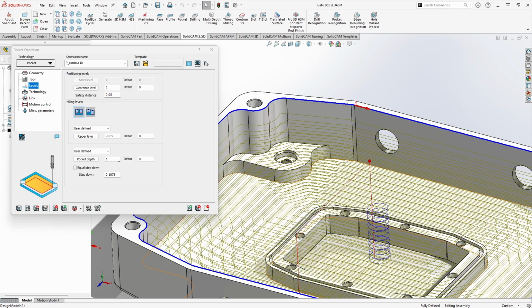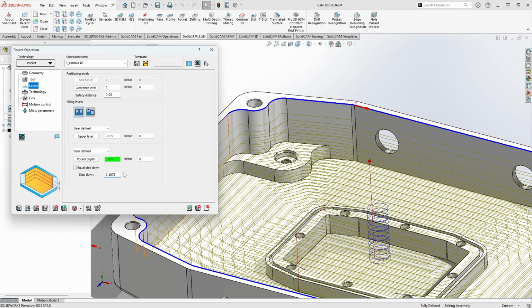However, we do have the option of dynamically linking it manually. So if we simply click in this box, and then click on a surface or feature we'd like to reference, like the top of this feature, we'll see that we've now automatically populated the height of that feature, and the box is now green, showing that it is associatively linked to that face that I just selected. That means that this will update automatically if I make any changes to the height of this boss in the CAD model itself. Here's also where I can define my step down for my tool, and if I wanted to,